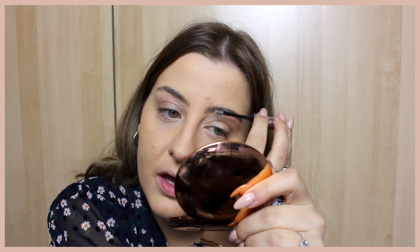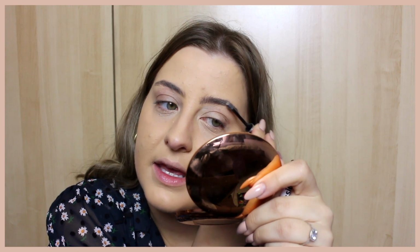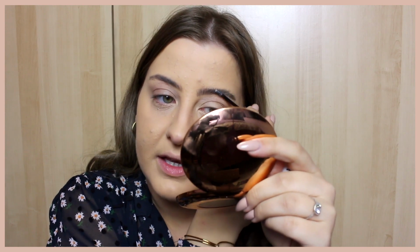And then I take my Boy Brow, I don't know why it's called that actually, but my Boy Brow, so it's the eyebrow gel from Glossier. I'm going to fix them up, and that will brush them up and fix them in place, but also it makes the product that you put underneath last longer, and it makes them look more fluffy, which I really like